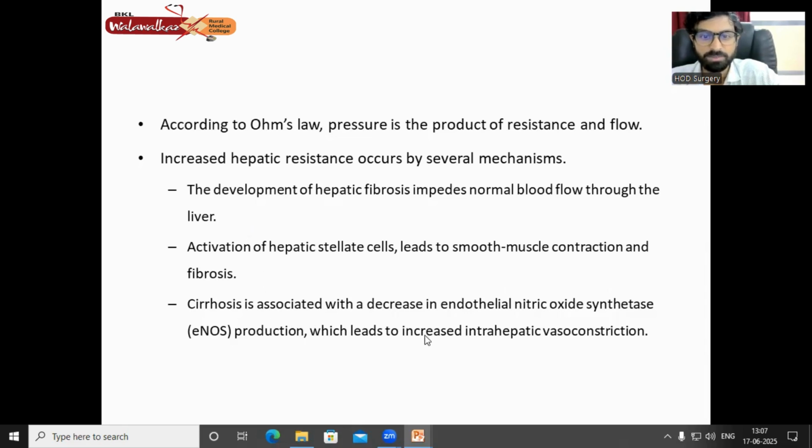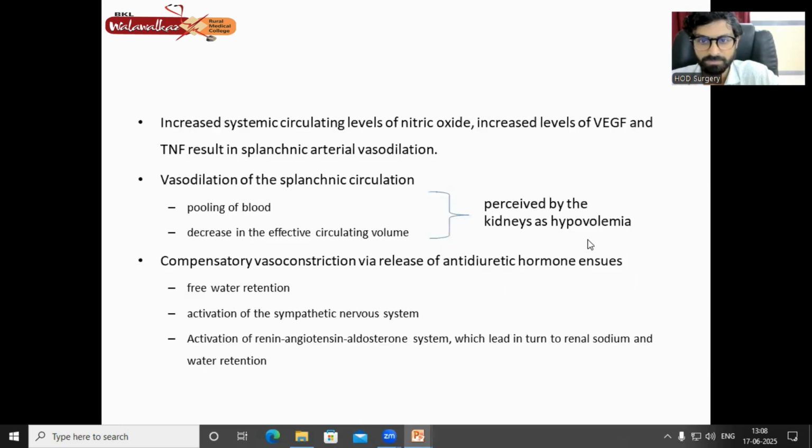Cirrhosis is also associated with a decrease in endothelial nitric oxide synthase, which leads to intrahepatic vasoconstriction. Nitric oxide, as you all know, is a vasodilator. So increased systemic circulating levels of nitric oxide lead to increased levels of VEGF and TNF, which results in splanchnic